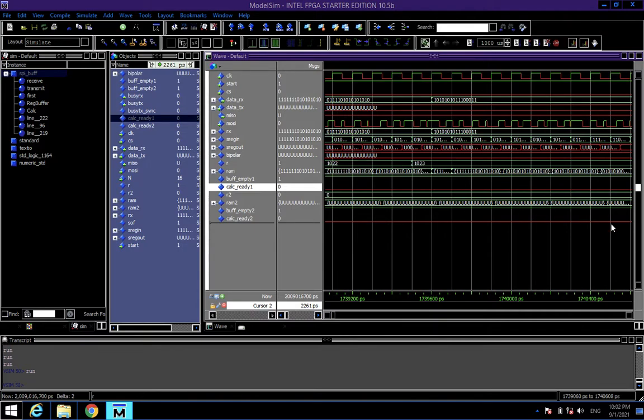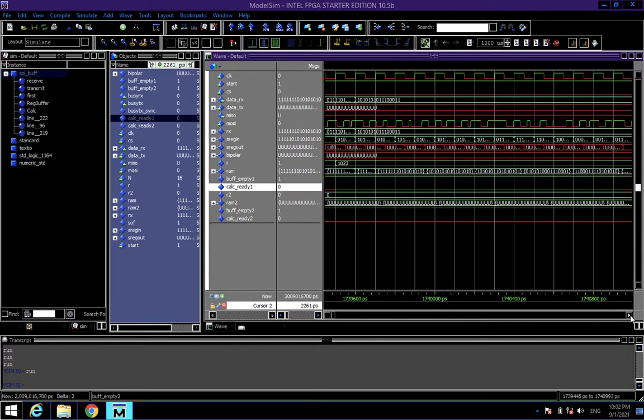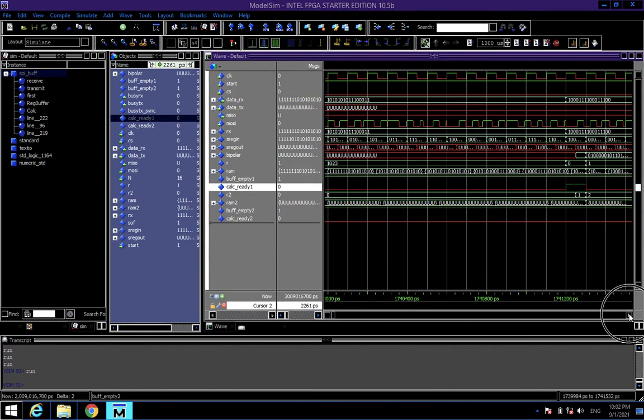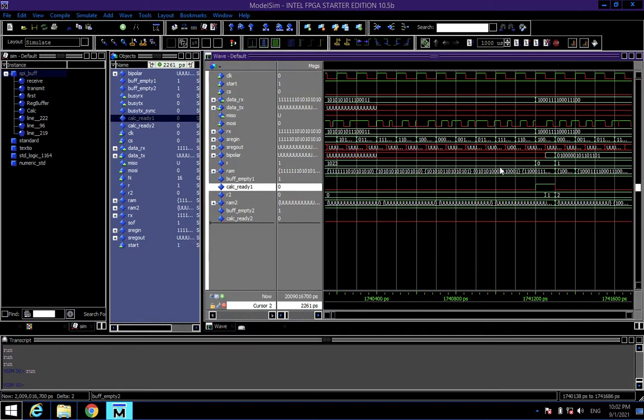If we skip to when the buffer is almost full, okay, after storing the last value, okay, we can see this card ready is high, so all the calculations are made, and